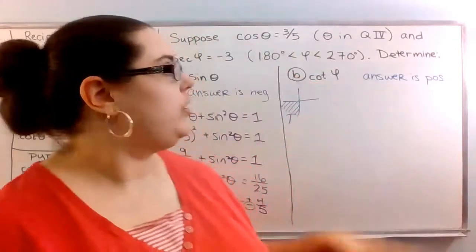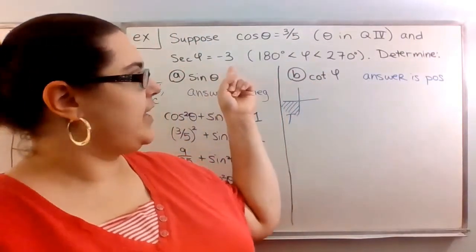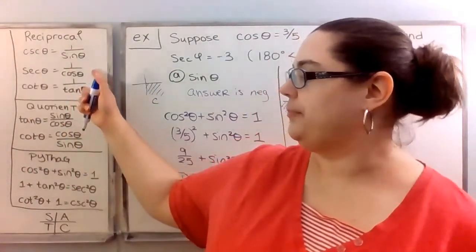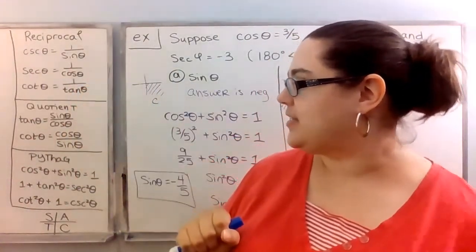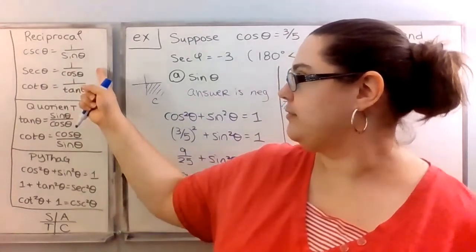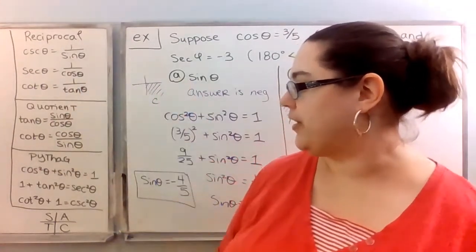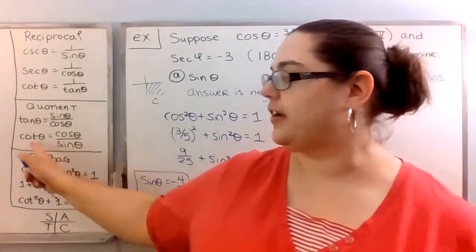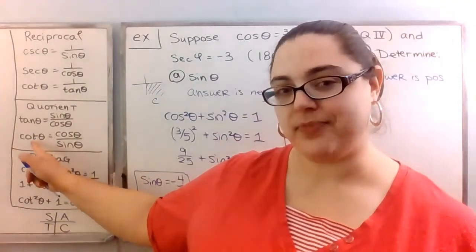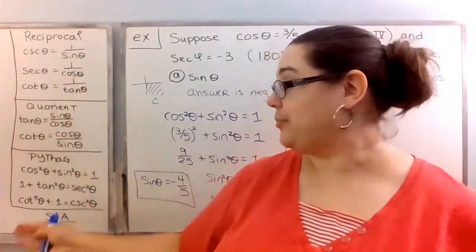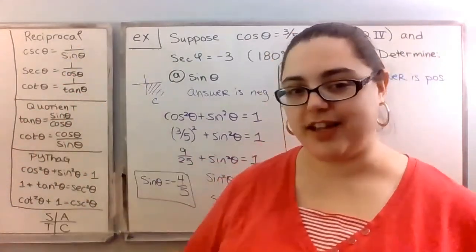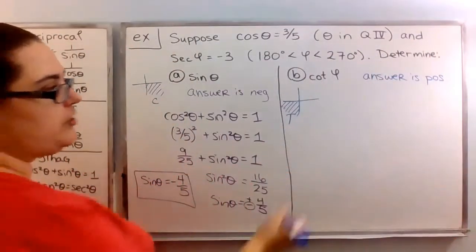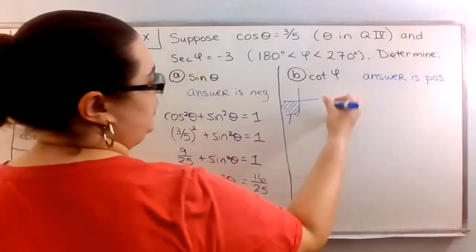So if I know that secant of phi is -3, I can get secant in terms of cosine. And once I have cosine from this previous problem, we know that we can find sine. And once I have cosine and sine, then I can find cotangent. So we're going to end up using all of the properties here, all the identities, in order to help us figure this one out. So first, secant of phi